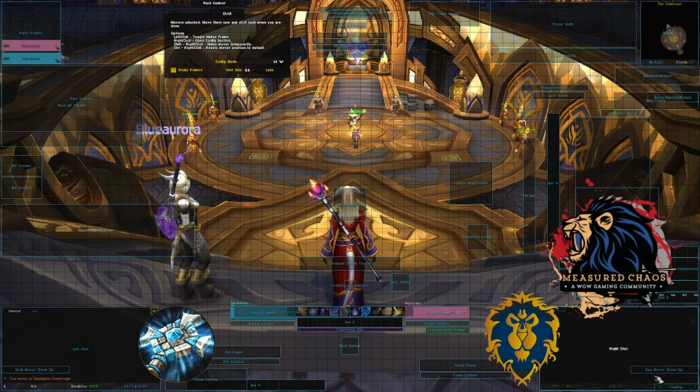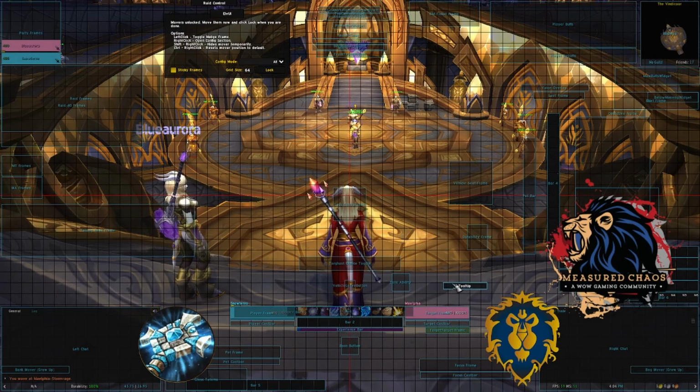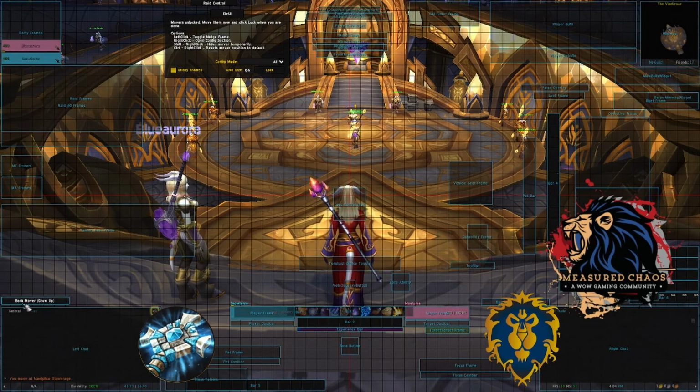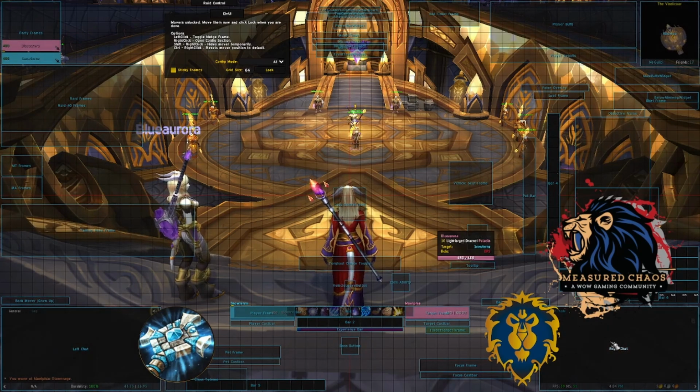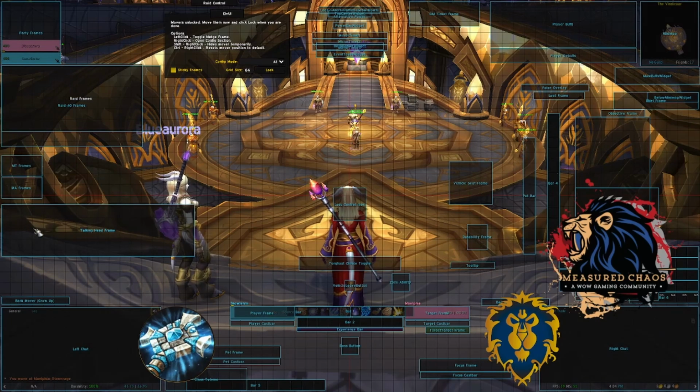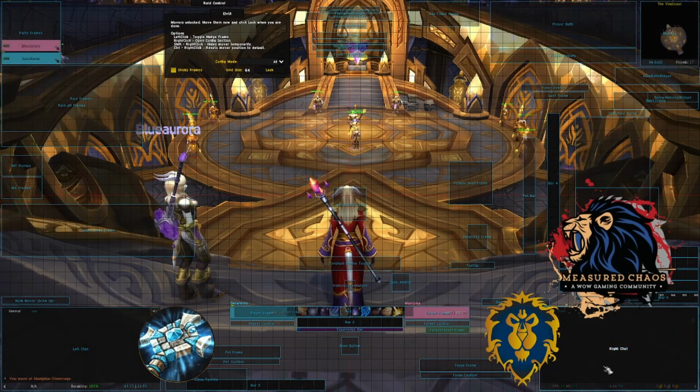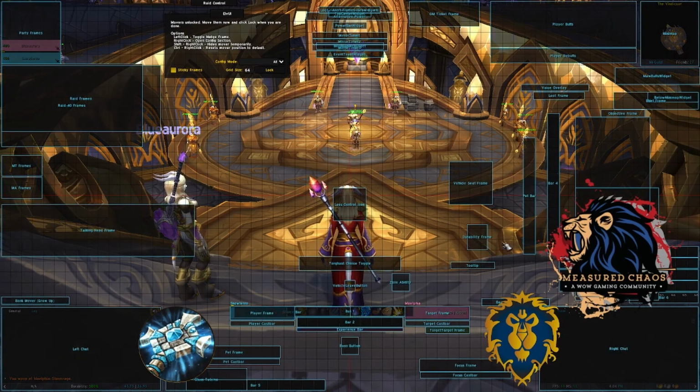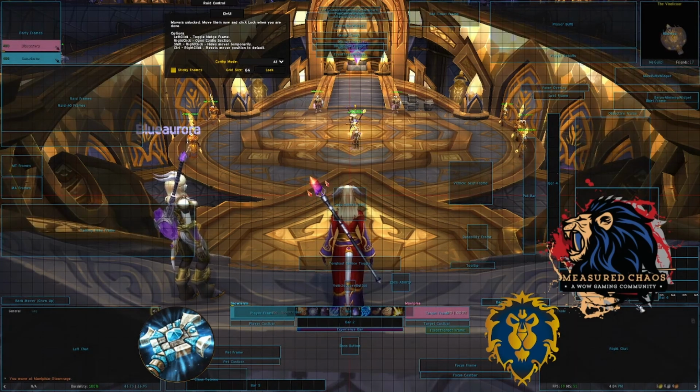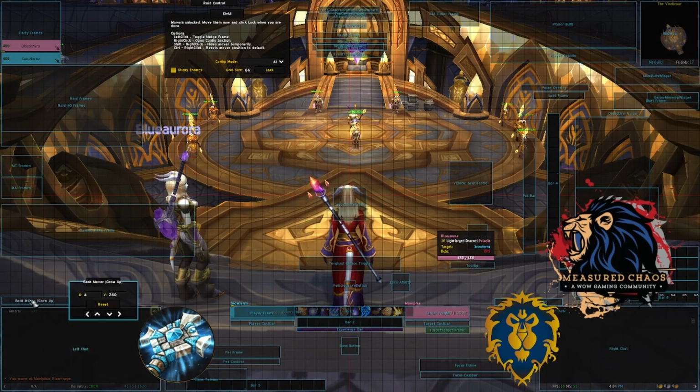Left chat, right chat, those are fine. Now I've got some other things that are happening, like tooltip got pushed to the corner. Maybe don't put that there. Bag space, bag mover, we will want that somewhere easy to use. And then bank mover. I don't want those over the chats because sometimes I'll be working with the bank or a bag, and I want to see if somebody talks to me or if, I don't know, something else happens chat-wise there. So what I'm going to do is put them